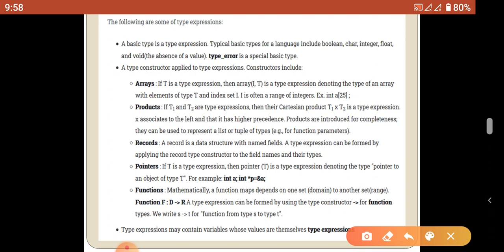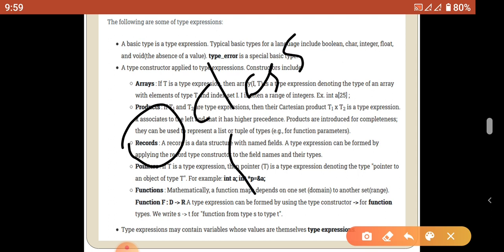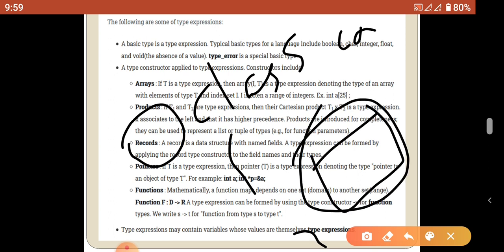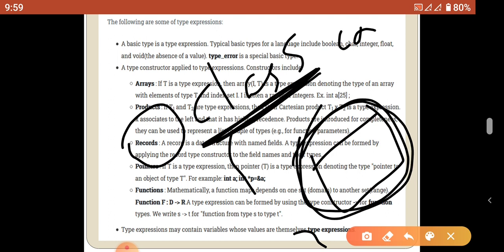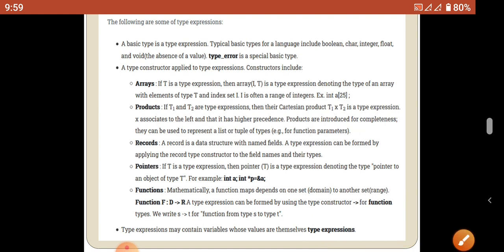Next one, records. Records means struct, union in C, class in C++ or otherwise Java. So normally a record consists of different types of data elements, like a class or otherwise a struct class name. It consists of different kinds of data elements, and the classes also have a type. So based on the data available in a class, we can derive the data type of the class, struct, unions. So this is called the record data type. And come to the next one.